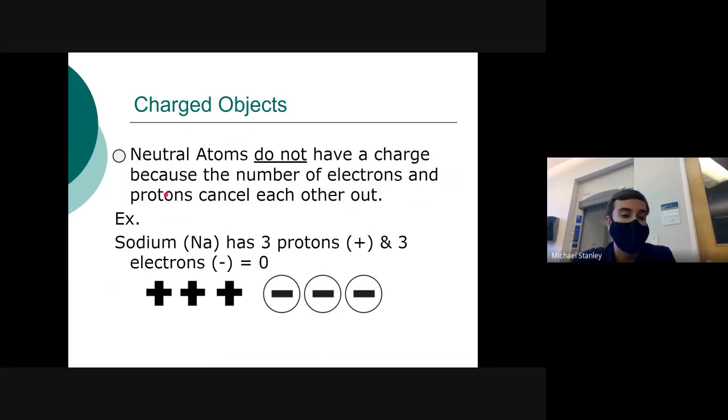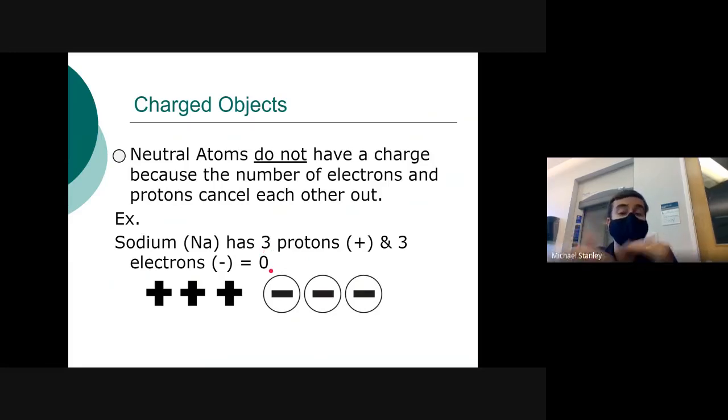So for example, we have the atom sodium. It's a pretty small atom. It only has 3 protons and 3 electrons. So remember, protons were our positive charges and electrons were our negative charges. So we have 1, 2, 3 positive charges and 1, 2, 3 negative charges. We have an equal number of positive and negative charges. So our total overall charge on our sodium atom is 0,